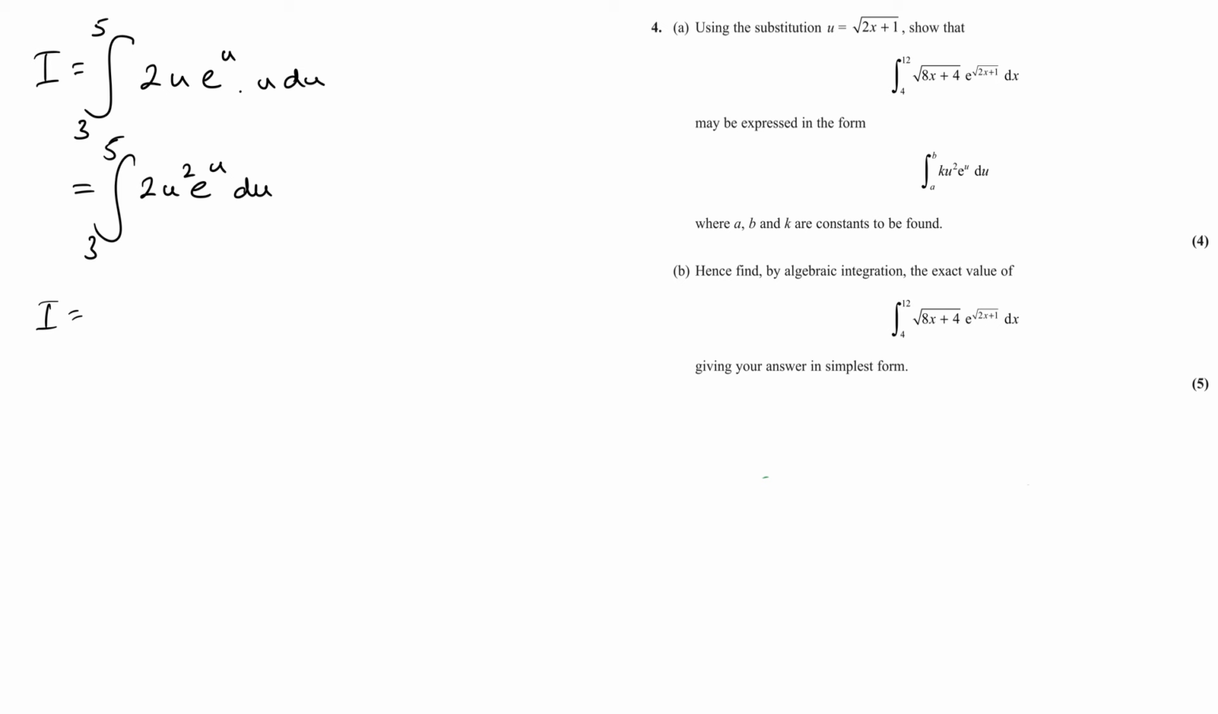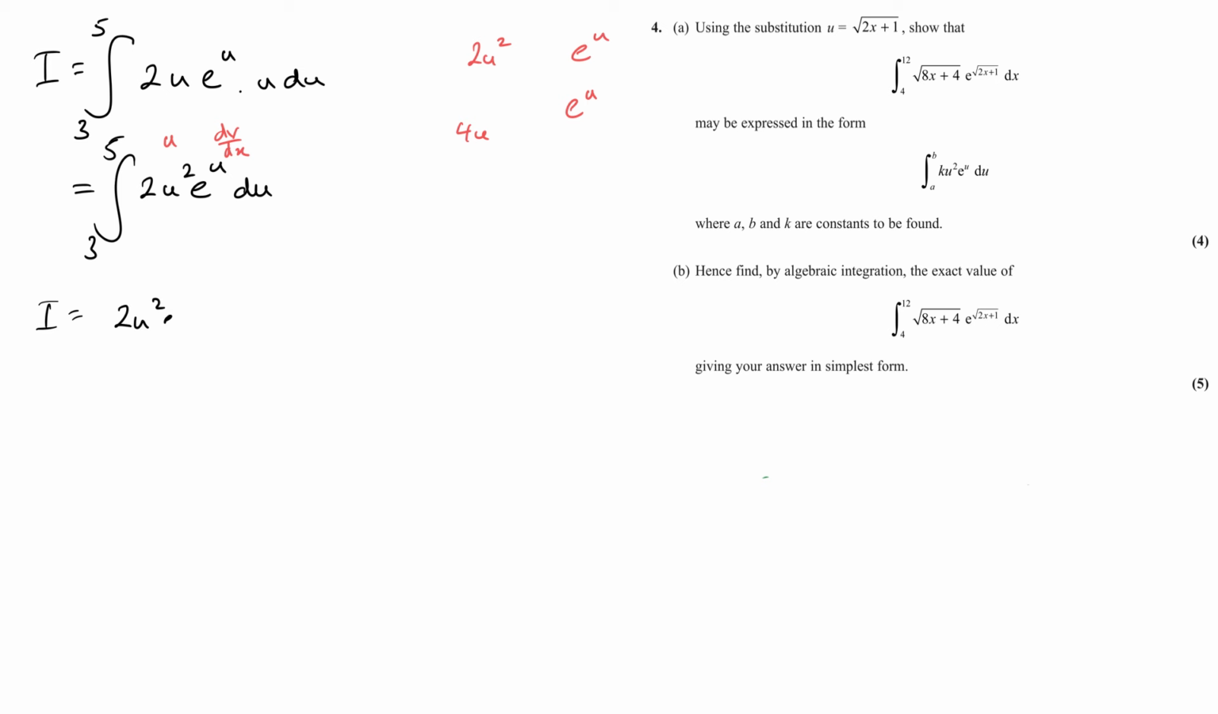Obviously we wouldn't use these actual letters, but u and this one would be the dv by dx. Yeah? So we'd have 2u squared, and then e to the u would be my dv by dx. So if I differentiate the 2u squared, I get 4u, and if I integrate e to the power u, I get e to the power u. So that's not going to change there. So u times v would be